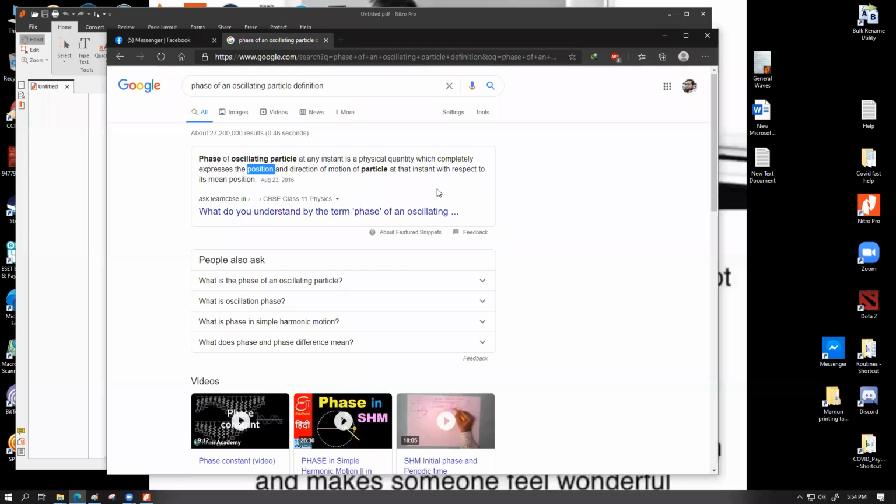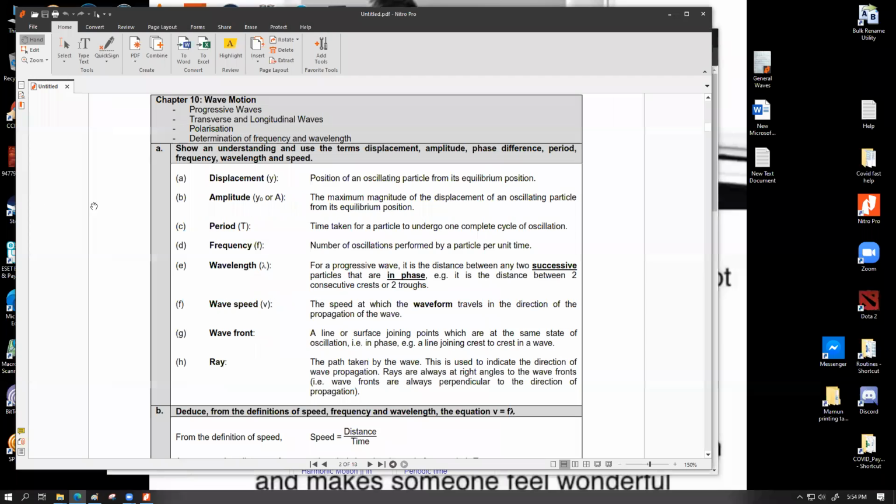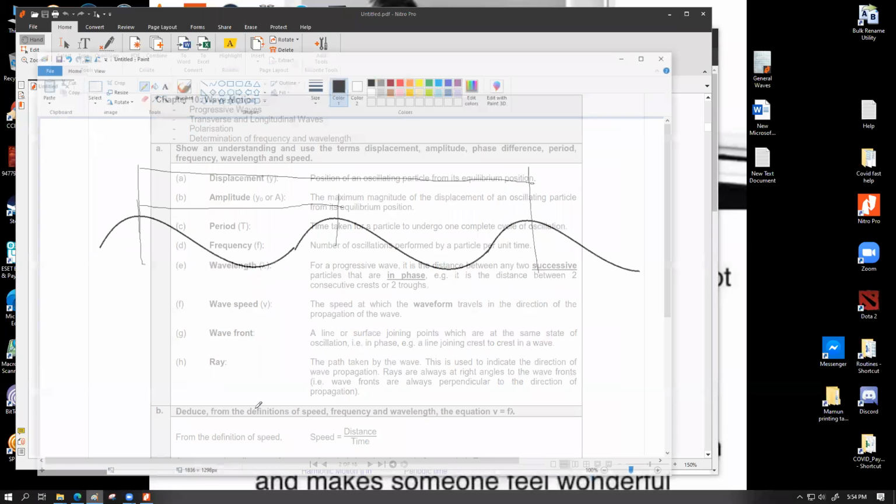So considering that, by position we would mean the displacement of the particle at that instant at any point of time, and also the direction of motion. Direction of motion means it is possible for an oscillating particle to be going upwards or downwards at a specific displacement, because if we try to observe the actual motion of a single oscillating particle,